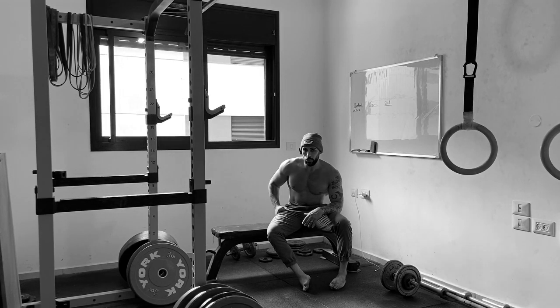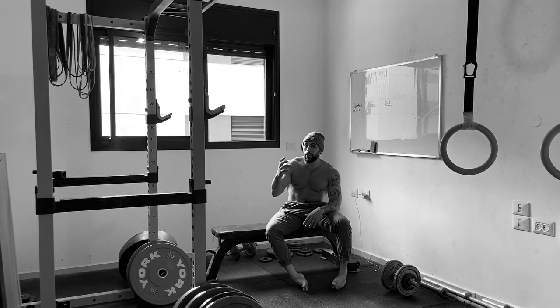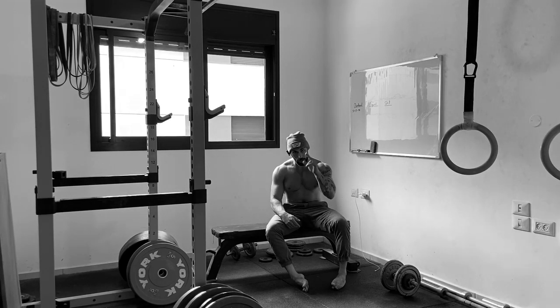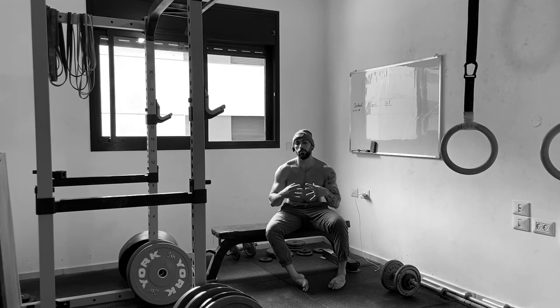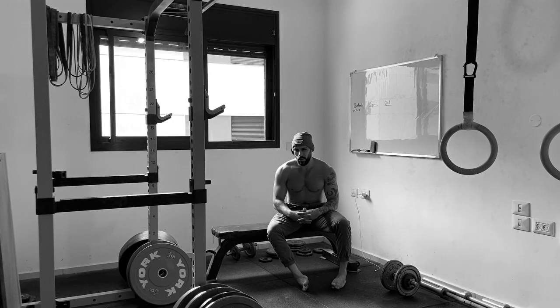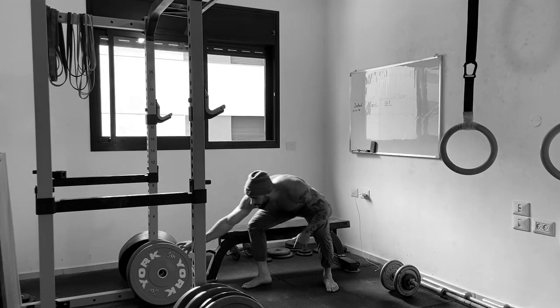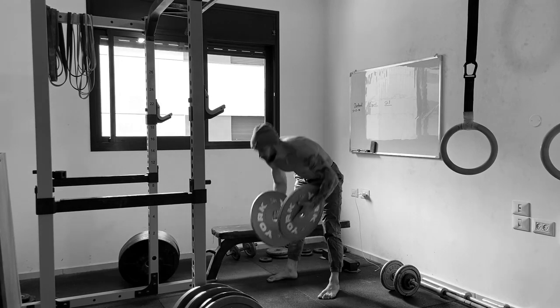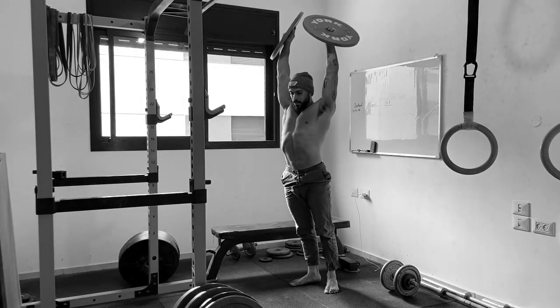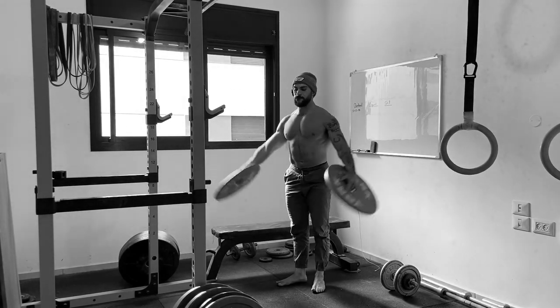When I work these muscle groups, I don't really care about improving the lateral raises. I perform the lateral raises to improve my handstand push-up and improve shoulder health, range of motion. So I don't really mind being efficient or not efficient at lateral raises. It's just about the hypertrophy response,